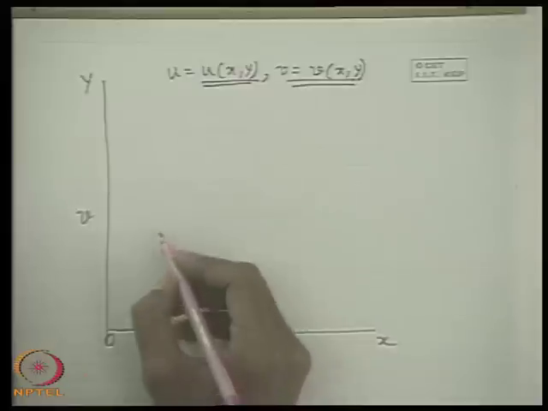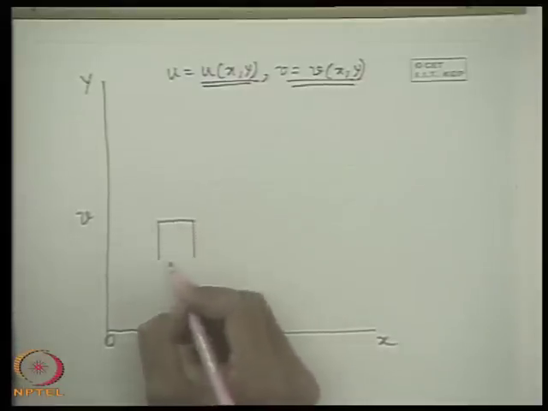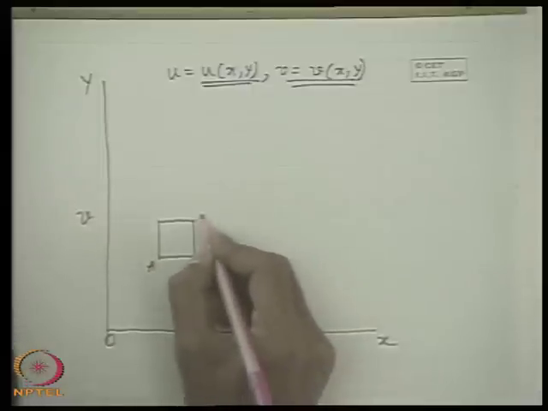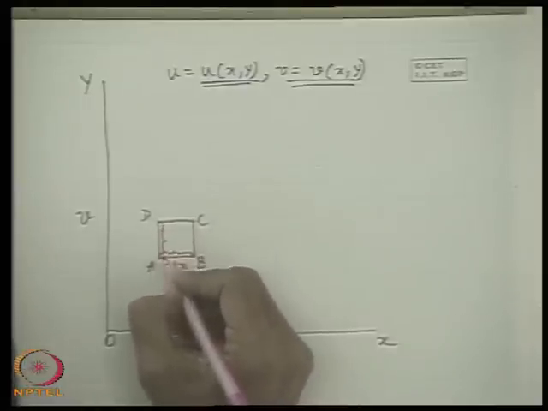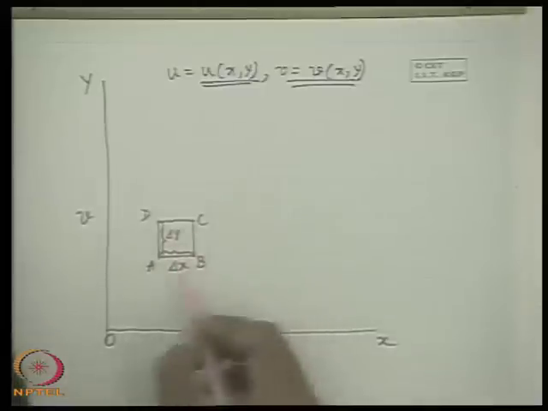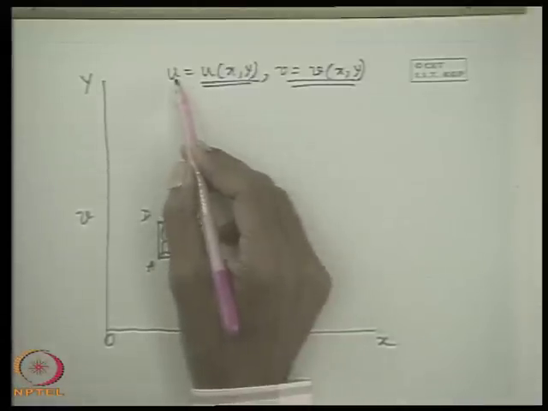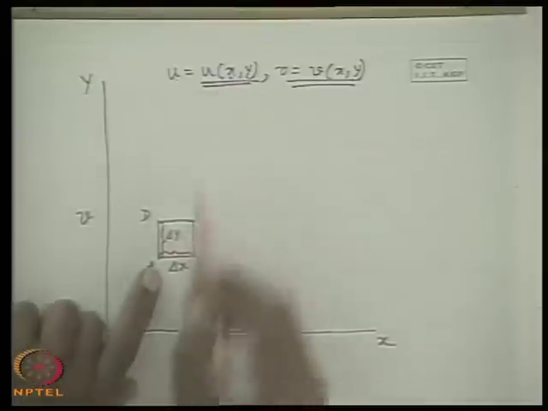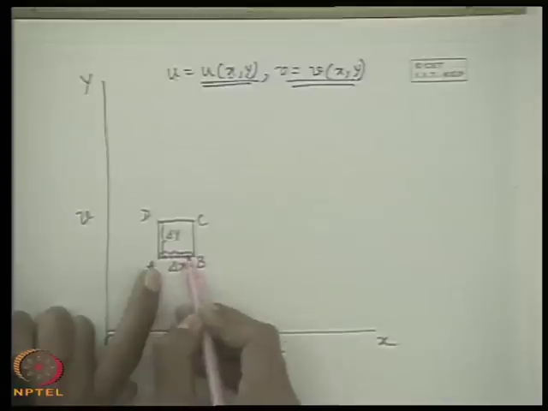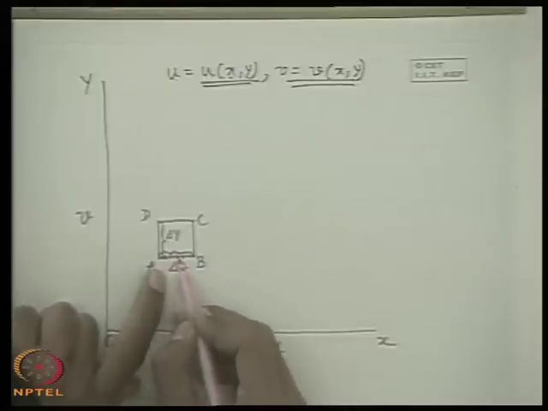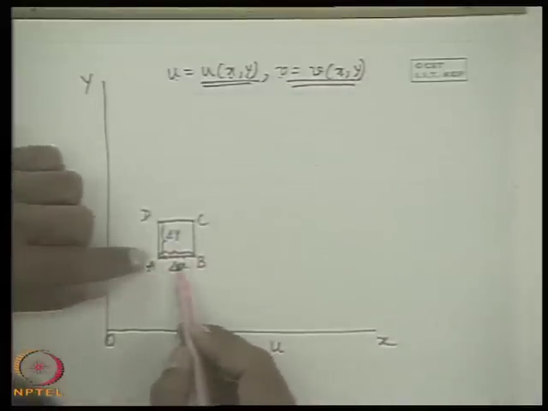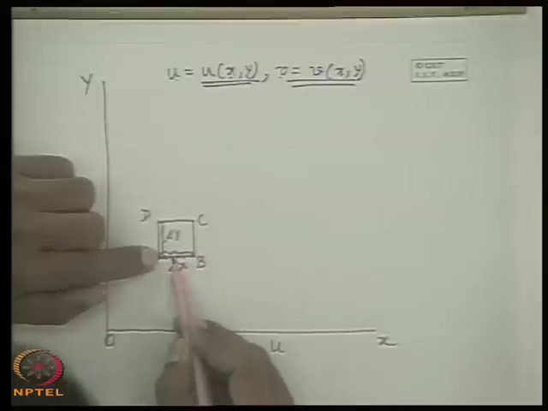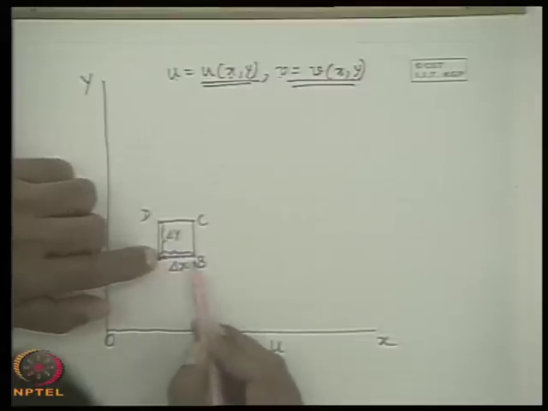In this case, what happens? In this case, it is very simple to recognize that if there is an element ABCD initially in this shape with Δx, that is length AB, and if we define this length AD as Δy, that means a rectangular fluid element of Δx, Δy. Now, since u is a function of y along with being a function of x, if we consider different points on the linear segment AB, it is not only having a different u component of velocity, it is having a different y, sorry, a different y component of velocity, obviously, because v is a function of x now, for which now we can say that each and every particle on the linear segment has a relative displacement over any particle here, for example A, both in x and y direction.